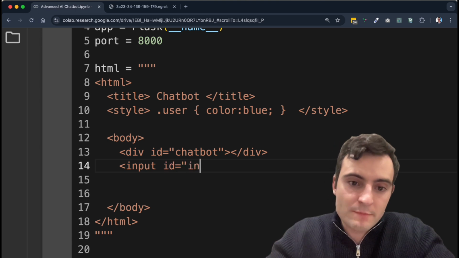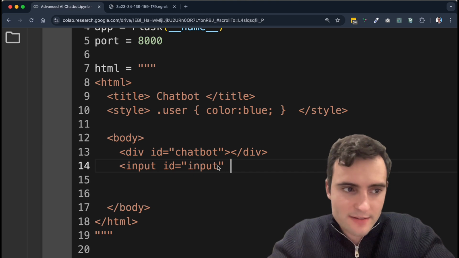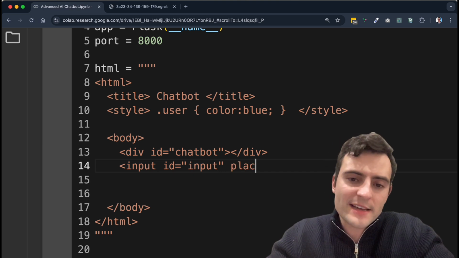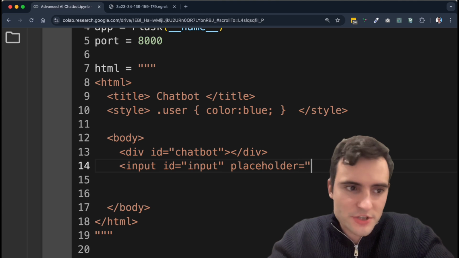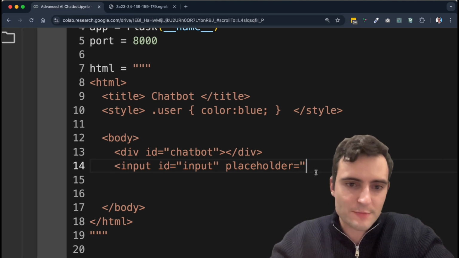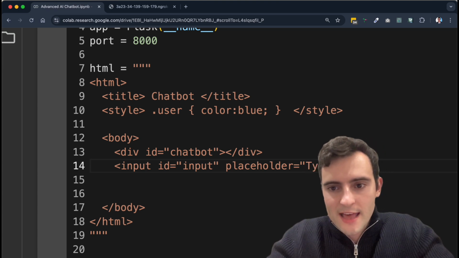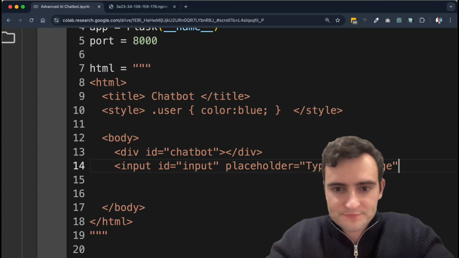ID equals input. This allows us to identify this input so we can take what you're writing. You can also write something like placeholder, which is like something, you know, when you have an input box and it says something in light gray there as a suggestion. So, type a message,